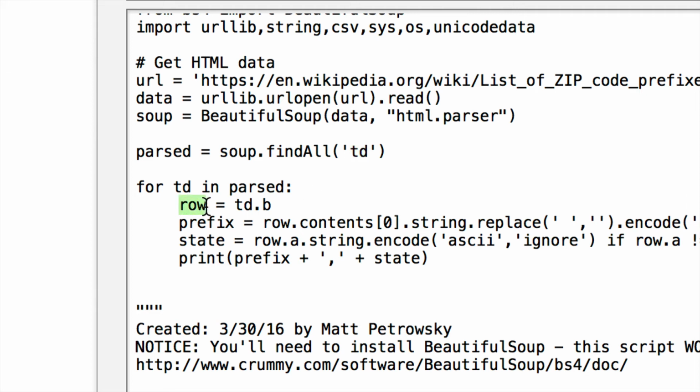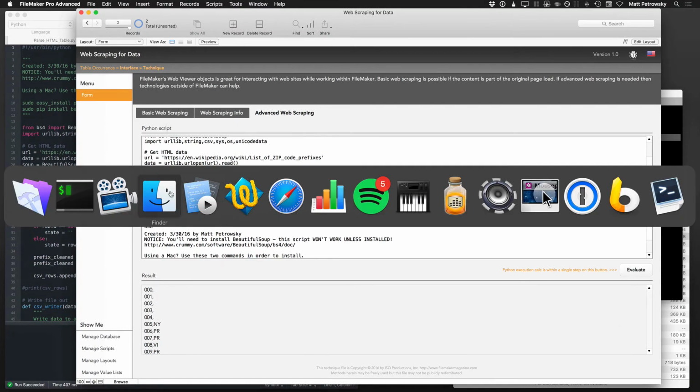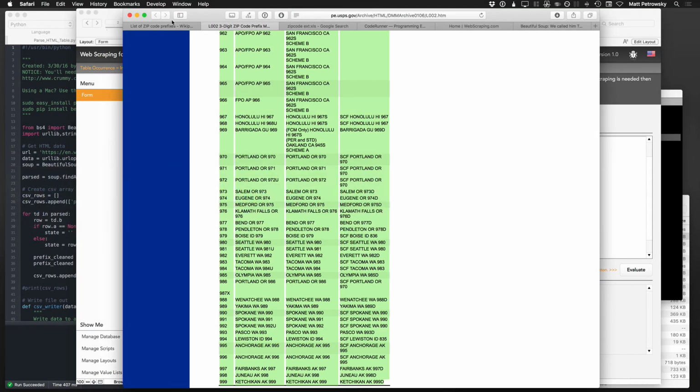it's simply going to say, what do you want out of all of this data? Well, I know that each item is going to be a row. And what I want you to do is look at that TD tag and get the bold tag. Now, how and where did I find out about this bold tag and this A tag? The interesting thing is that Beautiful Soup works based on the straight up HTML tags. So all you have to do is be willing to look at the HTML to find out how the data is structured. So this is a good point to zoom out, switch back over to my browser,